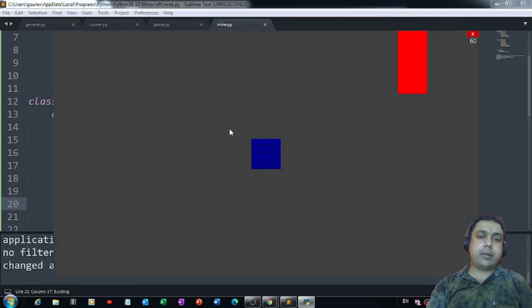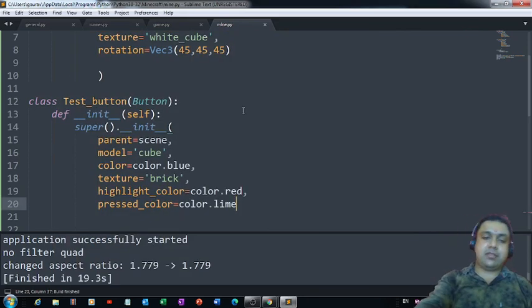So when I'm bringing my mouse over this button, it is changing to red. If I am clicking this button, it is changing to green. See how beautiful this is looking. If I'm pressing this A button, I'm able to move this brick towards the left side. Right? So these are the